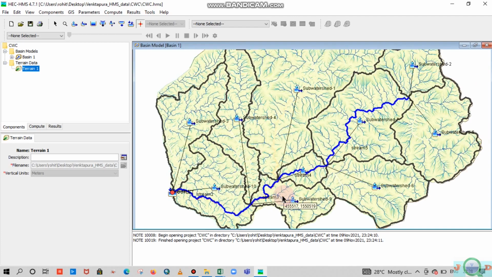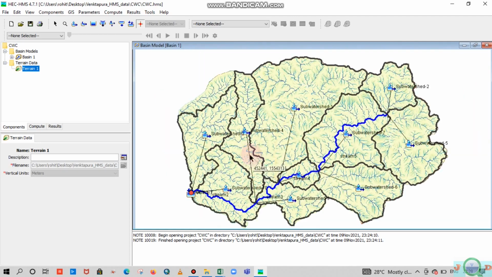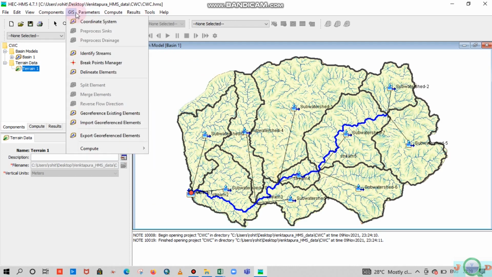So here you can see, I have quickly created this sub catchment. If you want a detailed explanation, you can watch my previous video on the HEC-HMS tutorial. Now I will move to